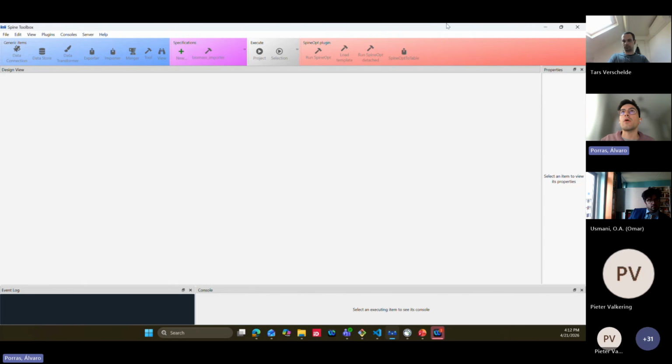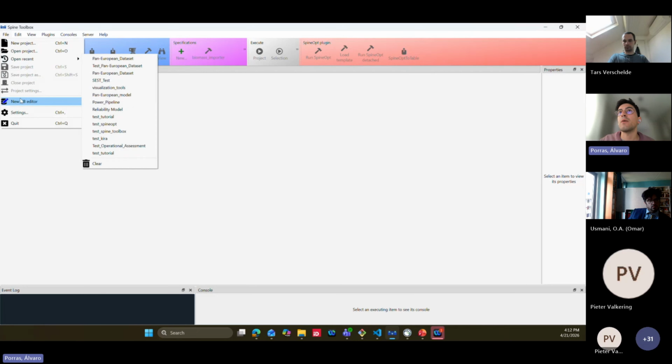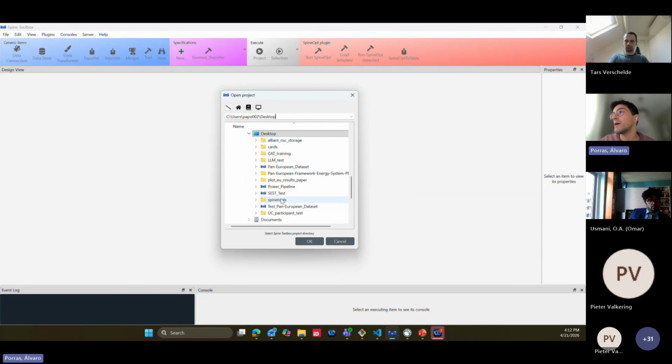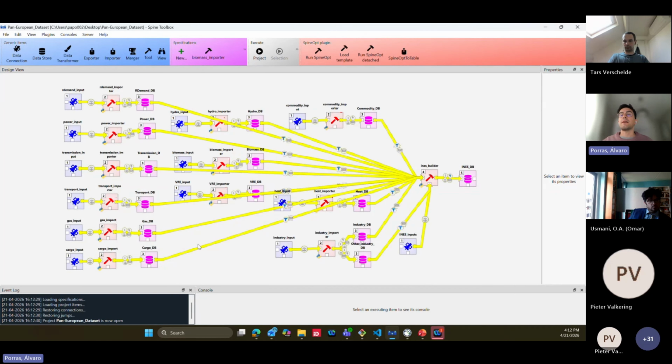To simplify everything, we go to File, then Open, and then open our Pan-European dataset. This is the folder, but you should unzip it from the file that you download from Zenodo. When you unzip it and open the dataset in Spine Toolbox, what you will see is this. Okay, so this is the whole workflow.